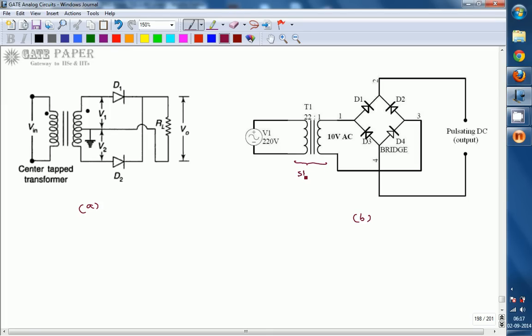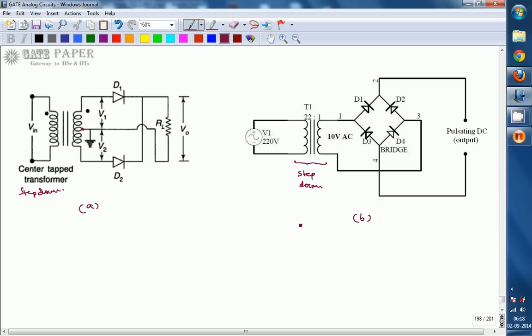transformer. A simple step down transformer is sufficient, whereas the other requires a center tapped step down transformer. A center tapped step down transformer is going to be very bulky as well as costly, and tapping at the center is going to be very difficult. These are the disadvantages of the center tap transformer. It is bulky, costly, and tapping at the center such that V1 and V2 are exactly the same, half of the input voltage, cannot be achieved practically. So these are the disadvantages. That will be replaced with a normal transformer, but 2 extra diodes are needed.